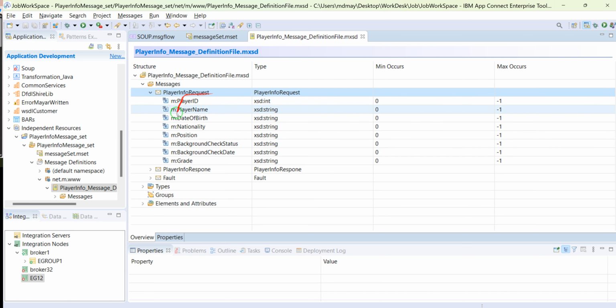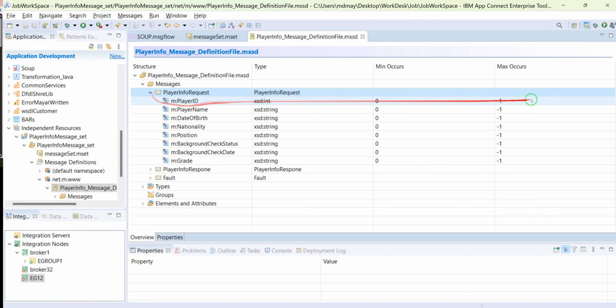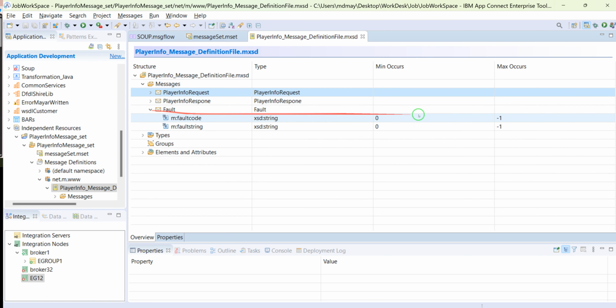There's a player request, and I have a player response starting with a message, then all the information back, and I make everything optional, like minimum occurrence 0. When you say -1, that means unlimited. You could send it unlimited. Each section, message, player ID, all of them is unlimited and optional. You could send 0 or unlimited, it's up to you. And everything becomes 0 or unlimited,